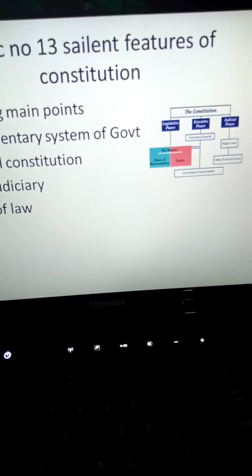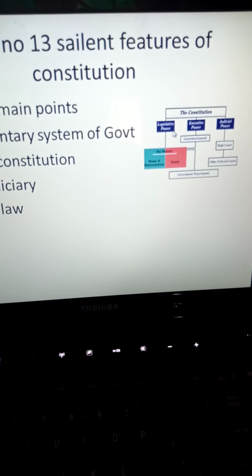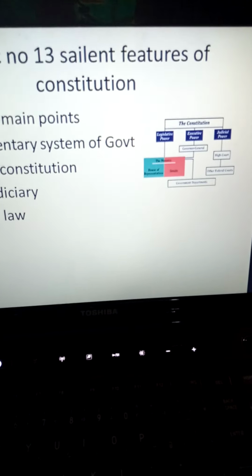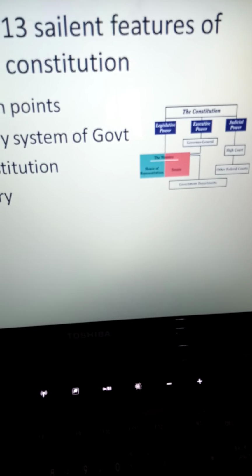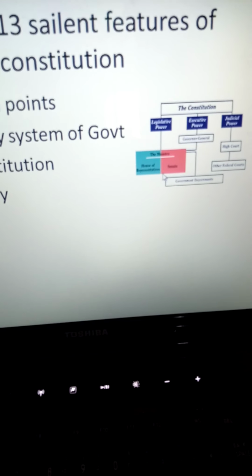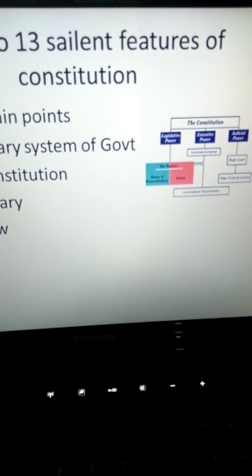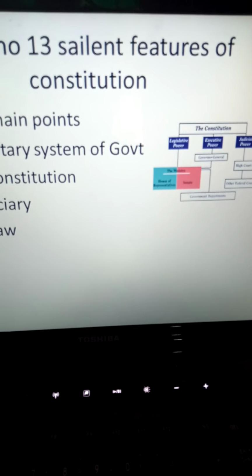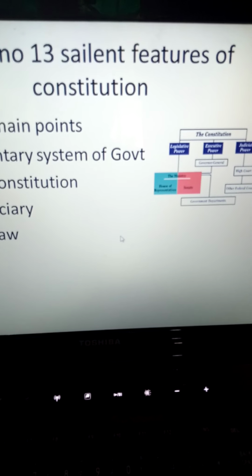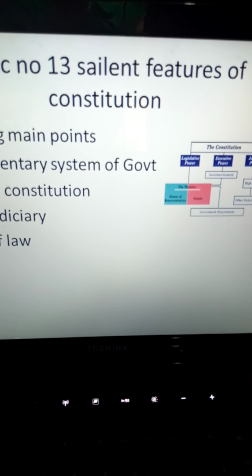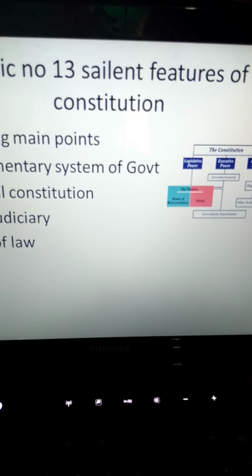So now in this picture, you can see the Constitution. Then the Constitution is going to be mentioned in 3 points. First one is the legislative power. Legislative power mainly comes under the Ministry, House of Representation, and the Senate. And